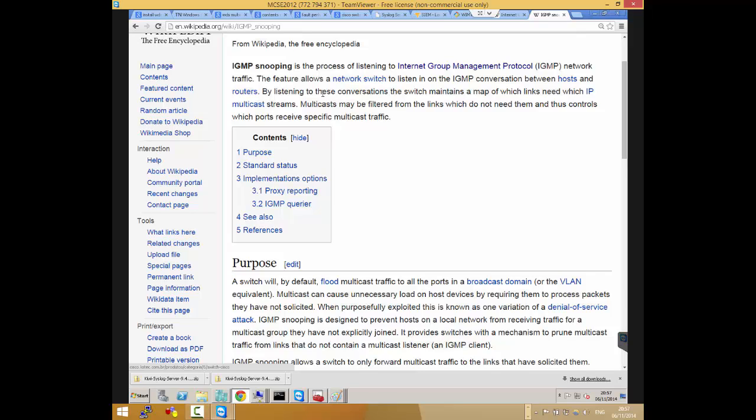But if I have IGMP, I can use that to communicate with you so you can all subscribe to this group. And then I know, oh, port 27 is subscribed to this group, port 15 is subscribed to this group, and port 30 is subscribed to this group. So those are the only ones I'm sending it to. So that's the prerequisite for IGMP and for multicast transmission.